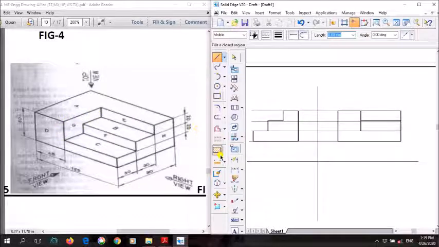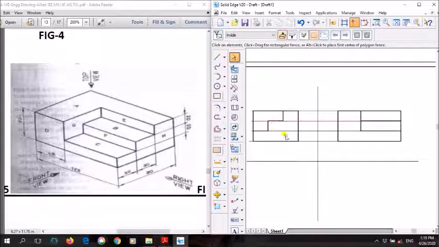Clear? So what you can do is, again using thick line, just start from this end. You can see here on the right side of the screen. Just start from this end, and take it upwards. So upwards, what is the height? How much is it? 40 mm. So just take 40 mm upwards and just join it here. Right. So this is how your right view looks, which is drawn on the left side of the front view.